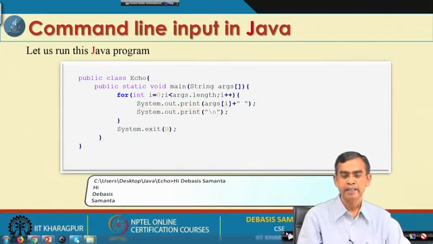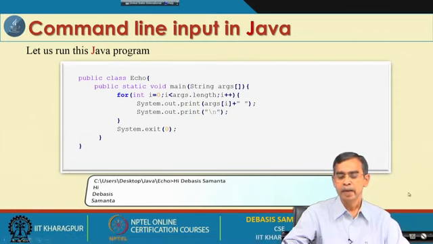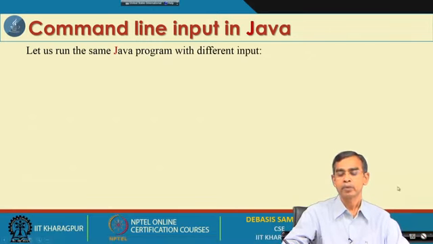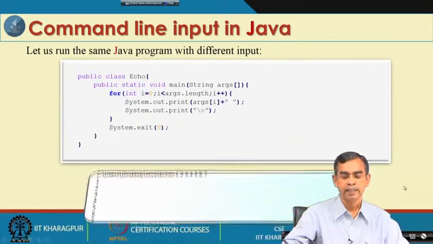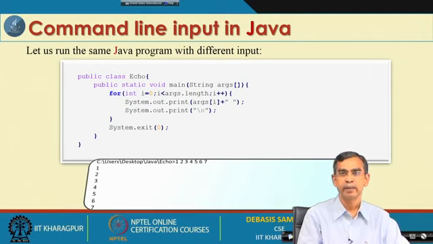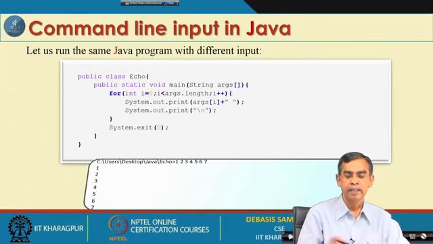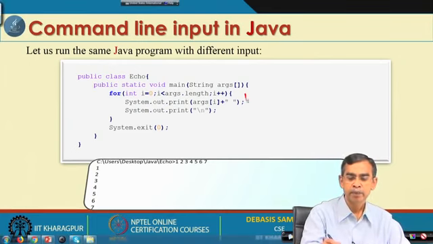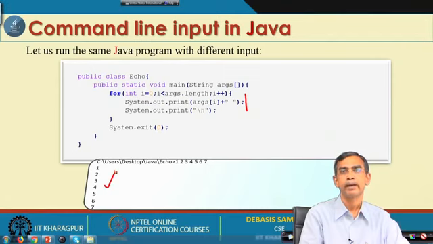So, here we can understand how we can pass input to the array while it is running. Now, again the same program, if we run with different input, for example, say this is the same program again, the input is like 1, 2, 3, 4, 5, 6, 7. So, here you can see the length is 7, and the starting element is at args 0 and the last element is args 6, and if you run this loop, then it will print all the elements one by one as this one. So, this is the output that it will print.